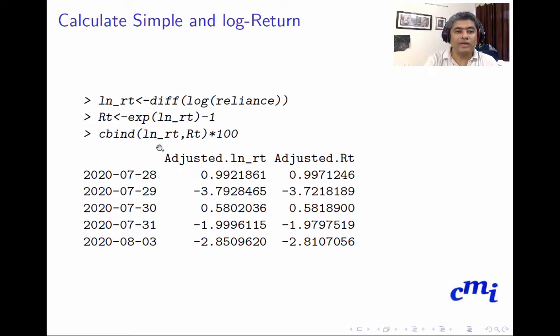And then what I have done is I just presented the log return and simple return as a percentage, and you can see that effectively the log return and the simple return are very close to each other, almost no difference. Maybe after the second or third decimal place there are some differences, but in terms of percentage there is almost no difference. And that is one of the reasons why, when people work on the daily return, they work